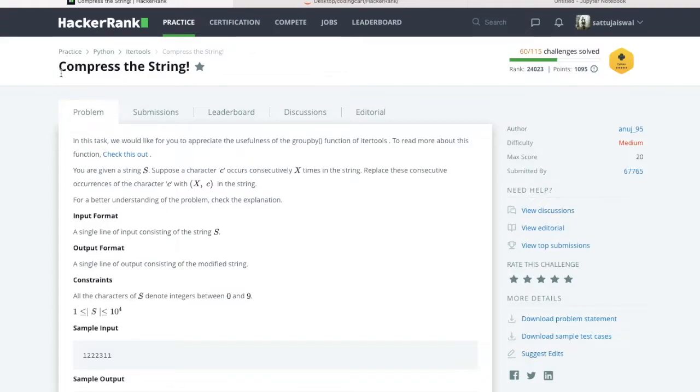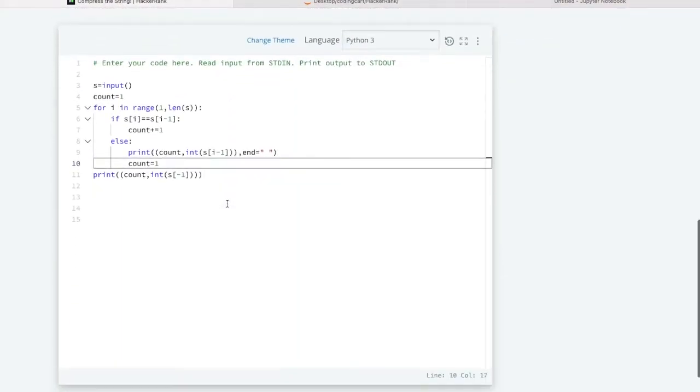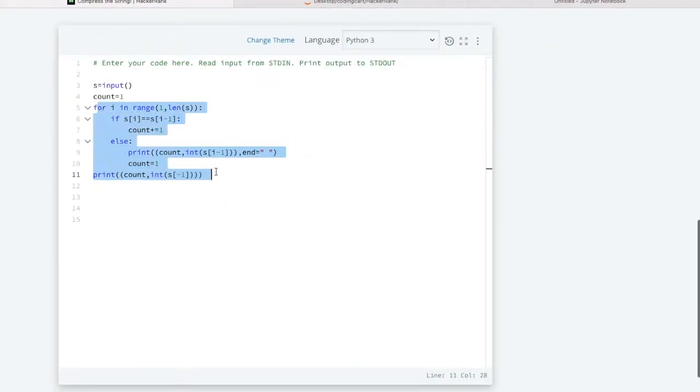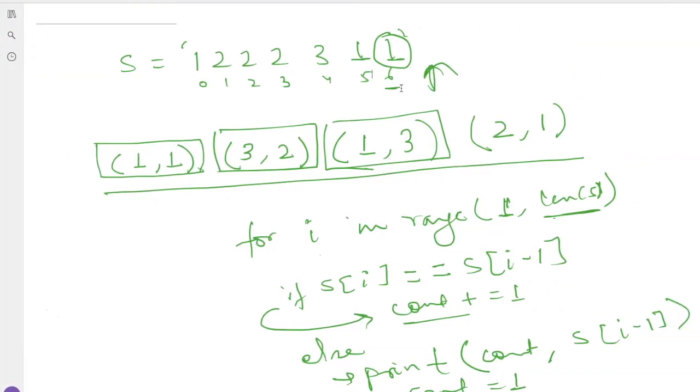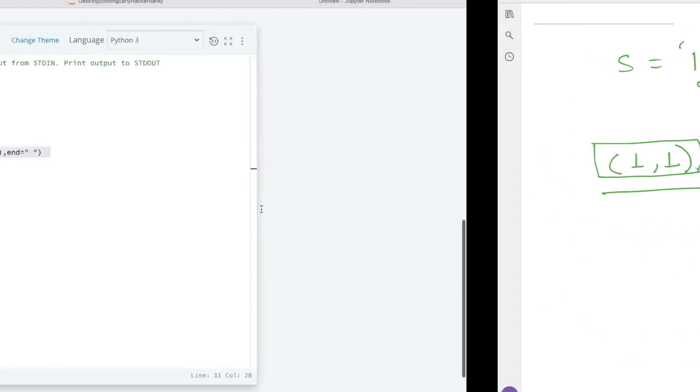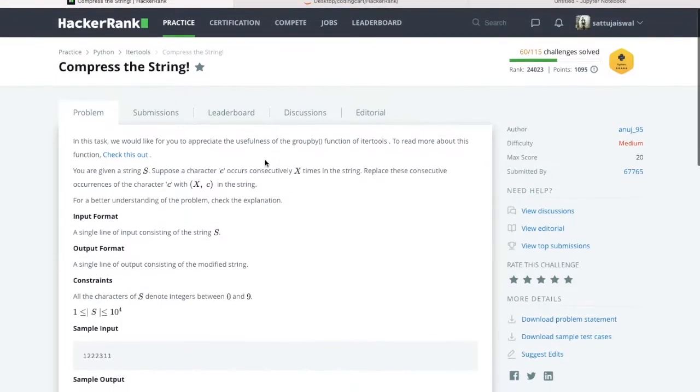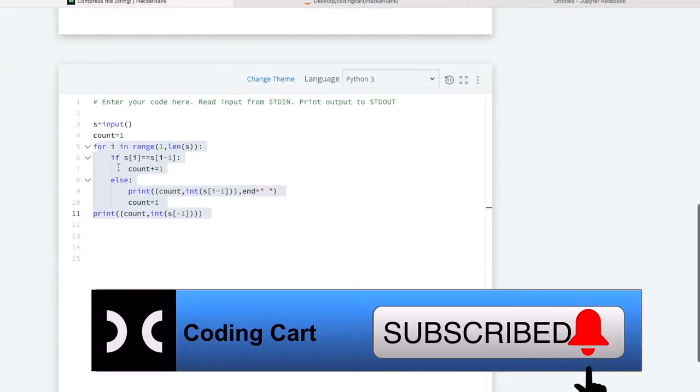Hello everyone and welcome back to the second session of the same problem, compress the string. Previously we have solved this with the help of the for loop and if else statement, and I have explained you here each and everything. Now in this session we will try to solve with the help of the groupby function from itertools. So let us comment this out,